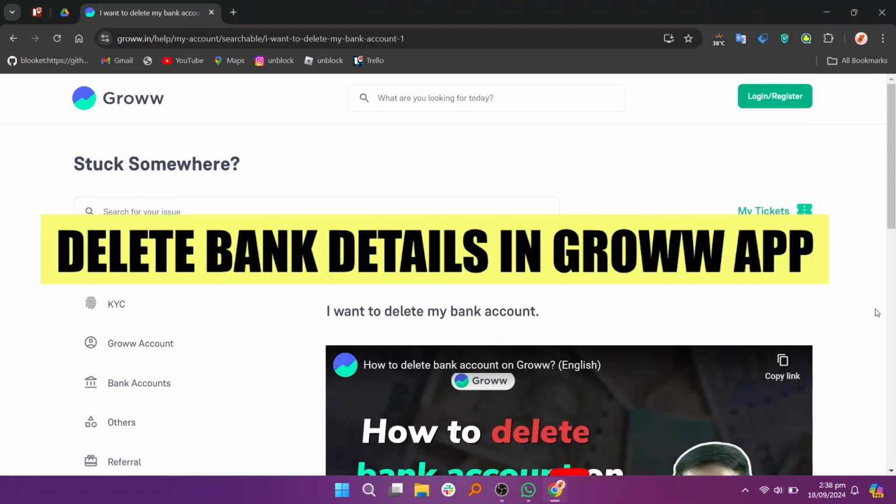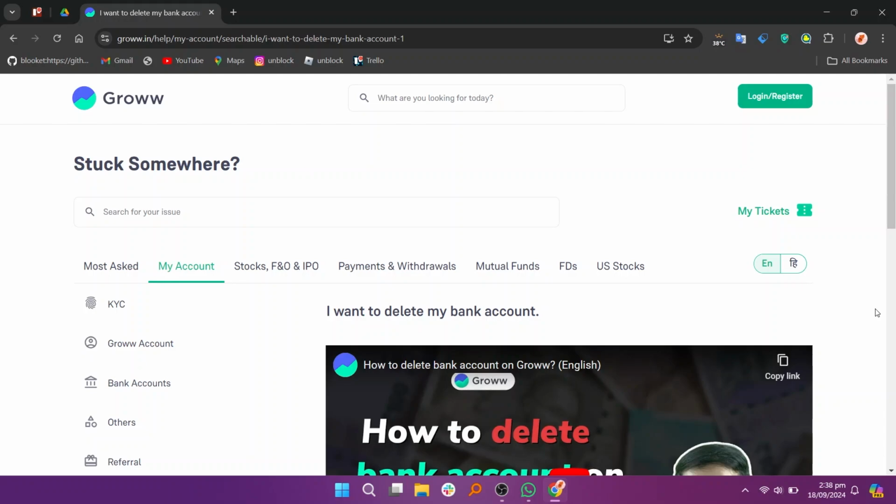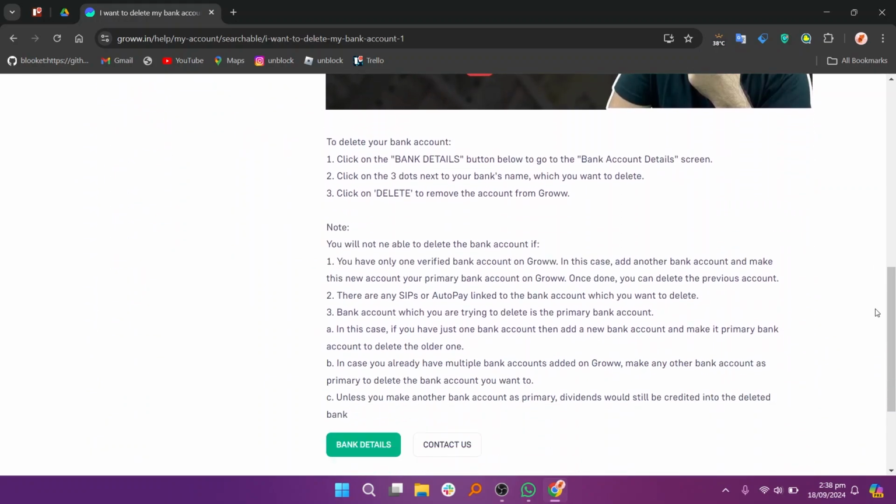How to delete bank details in the Groww app. I'm going to show you how you can easily delete bank details in the Groww app. To delete your bank account, first, click on the Bank Details button below to go to the Bank Account Details